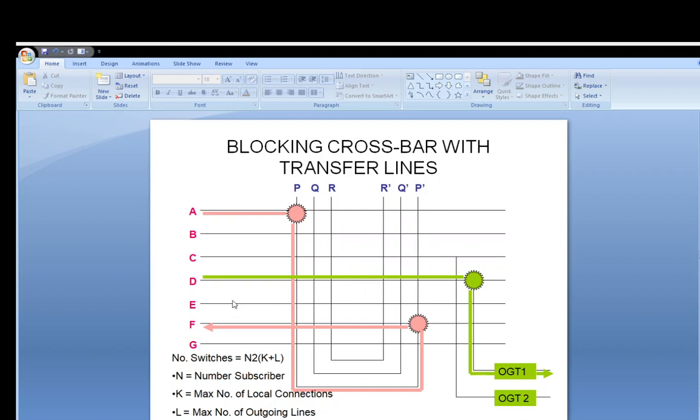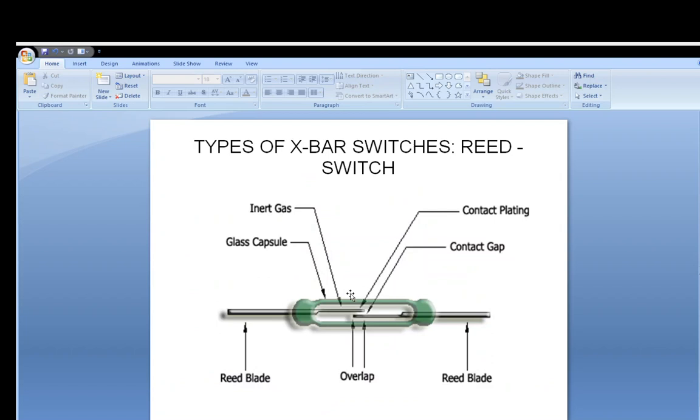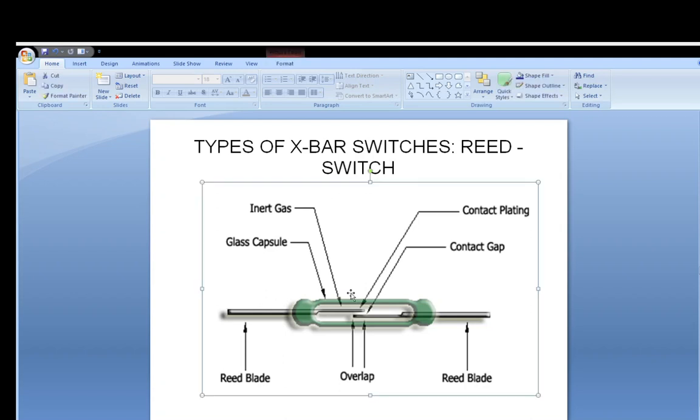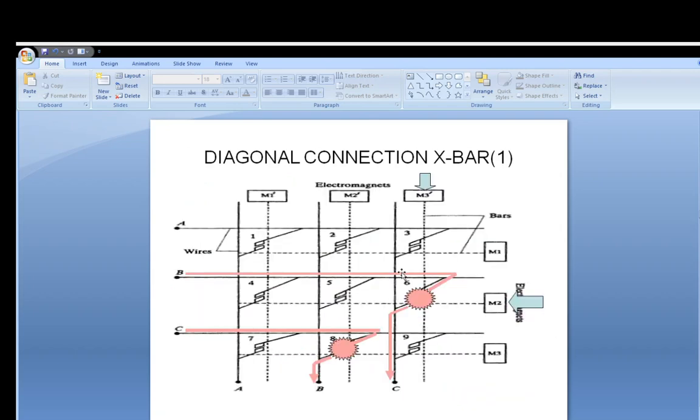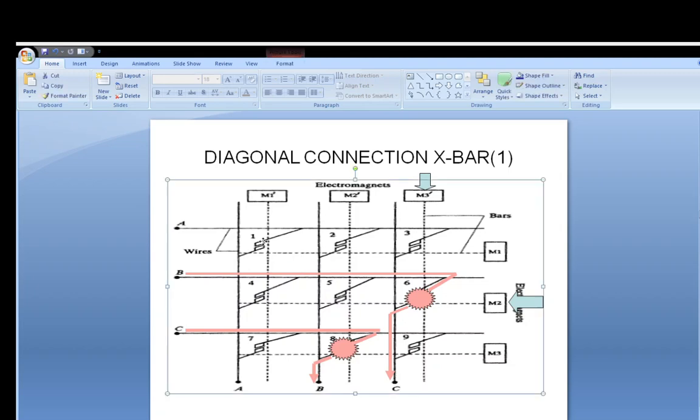All these points will be discussed in the next lecture, although these are not going to be part of our course. Some more important points we are going to discuss are about switching contacts. We are using switches between line A and B and so on, and we are going to discuss the switch technology, the technology of the switch that is used.